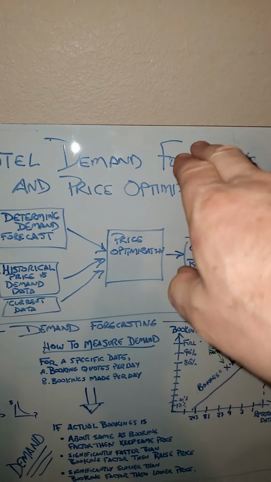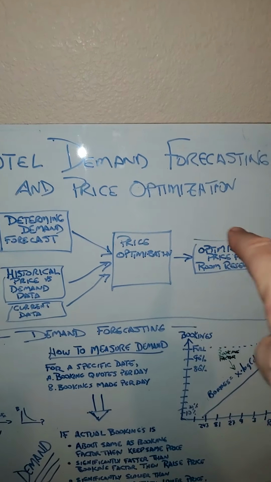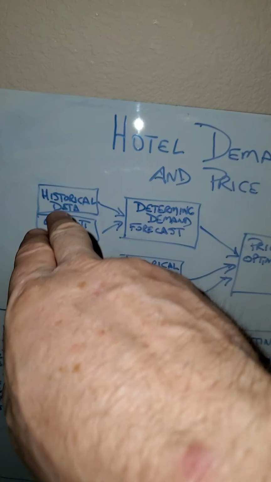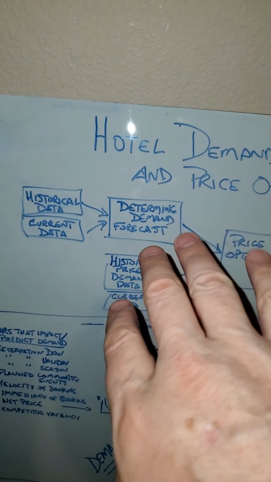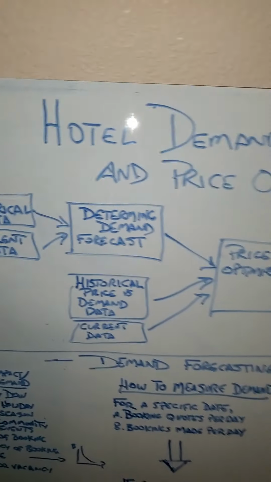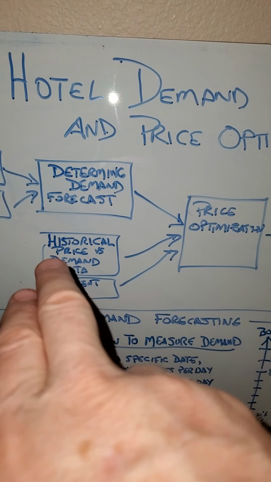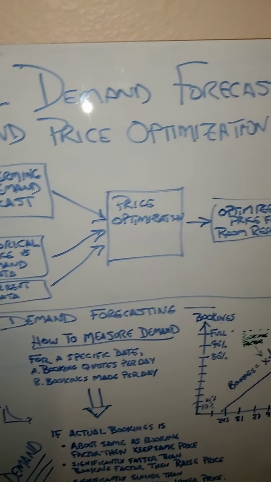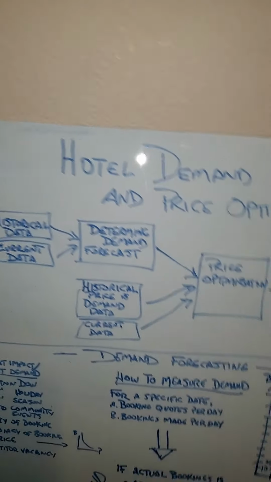The demand forecasting is one model, and that's going to feed into the price optimization, which is another model. The demand forecasting will be determined by the historical data and current data being fed into it. The historical data will help determine the model. The current data will output the current demand. The price optimization will need that model, plus the historical price and demand data to train its model, and the current data to get the current optimized prices, which is the output here, the optimized price. So this is the high level of the system.